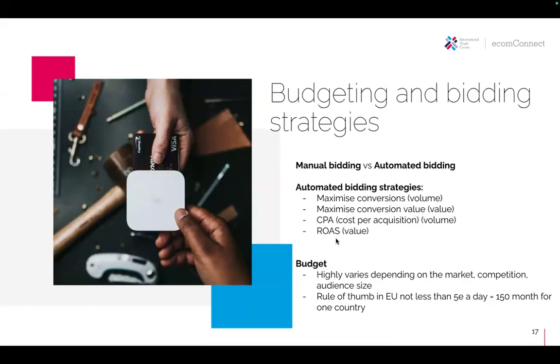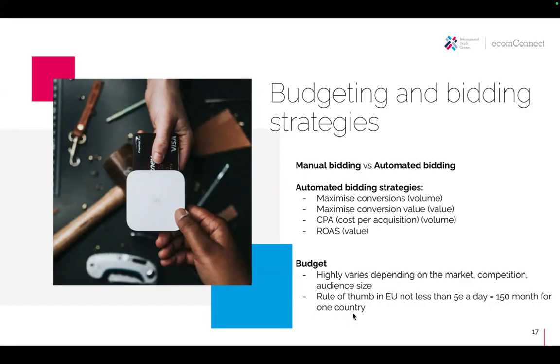That being said, my rule of thumb, based on my experience marketing in the EU, so if you are targeting your ads to any EU country, you might use this as a rule of thumb. But if not, Google does give you estimations and suggestions on how much to use. So my rule of thumb here would be €5 a day for one country.